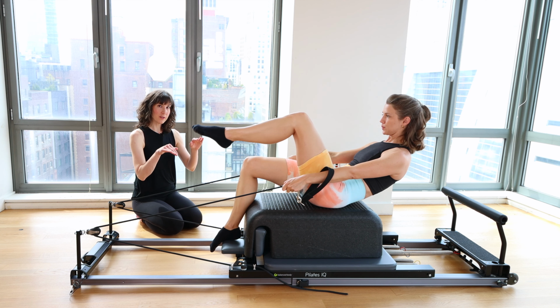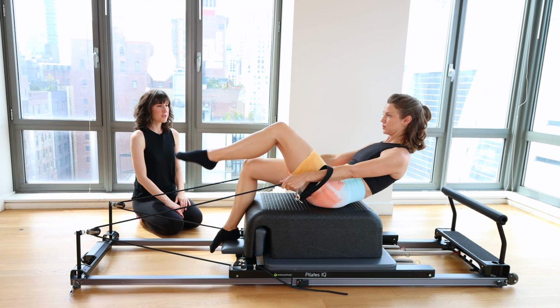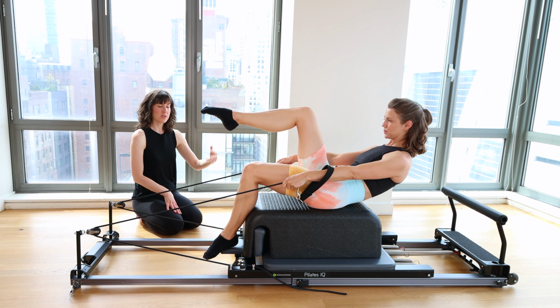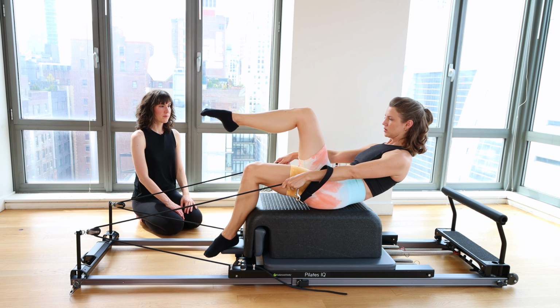And switch. If you feel like your hips are bobbling around or your pelvis is a little bit unstable, you can bring the curl a little bit higher if that feels better to you. You're really trying to use the abdominals to lift the leg as much as possible, relaxing the quads as much as you can. Good, let's go for 4,